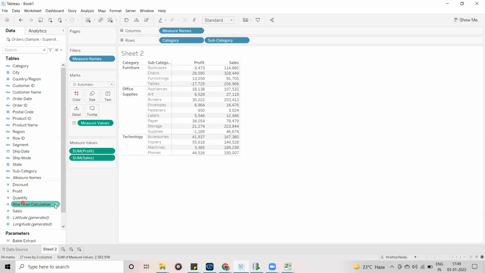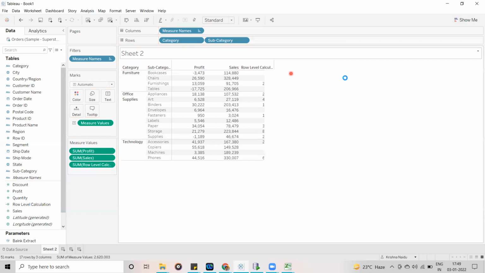Now I want to display this row level calculation value also in my visualization. So I'm just going to drag and drop it here, and keep it in the measure values box. Once I drop this one, the value is going to display here. Now you can see the values are displaying here.